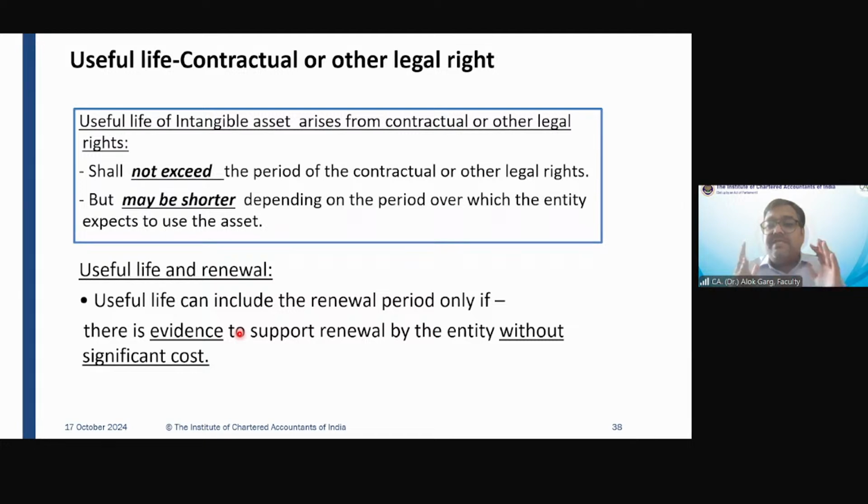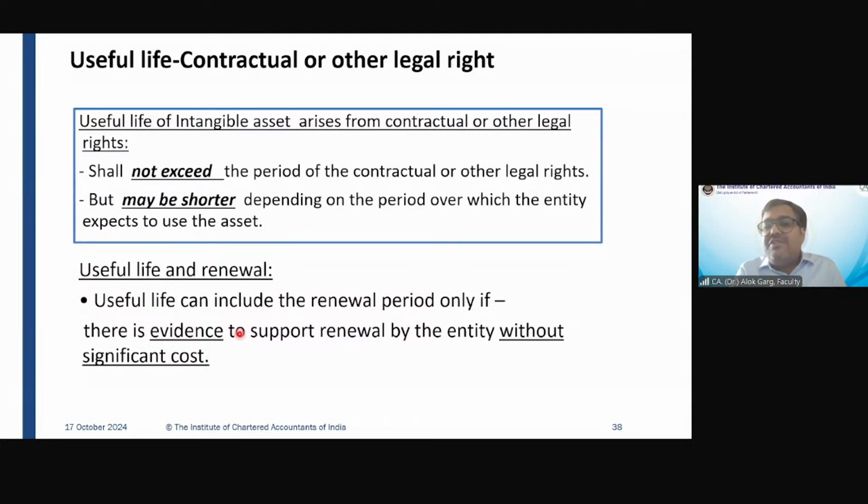Probably the company is estimating that whatever premium I am paying, I will be able to receive the future economic benefit for the next 6 years. So that is the life of the goodwill. Or probably the company is not able to determine for how many years I will be able to enjoy the fruits for the investment which I have done in this company. I mean to say, for the premium which I have paid to acquire this company. Correct? So the question comes, sir, whether the life could be finite and the life could be indefinite also. Yes, in case of an intangible asset, the life could be indefinite also.